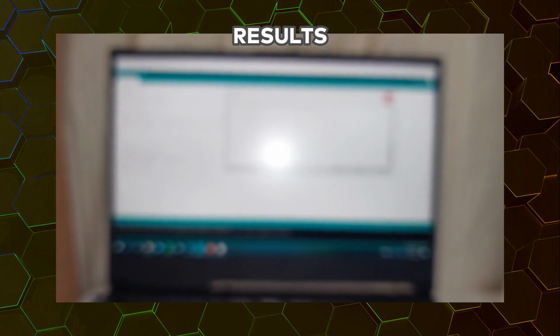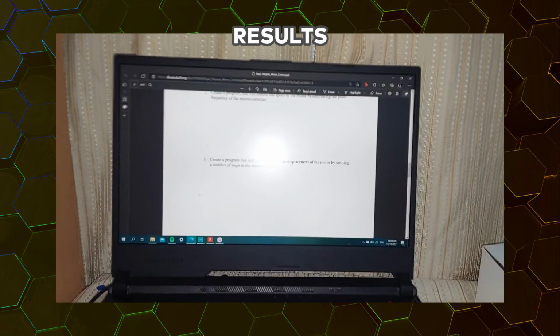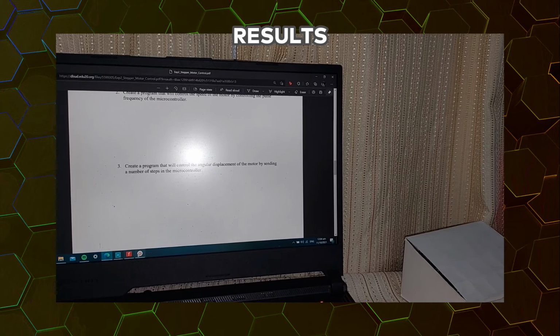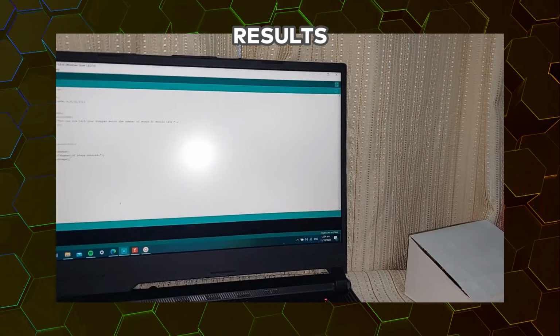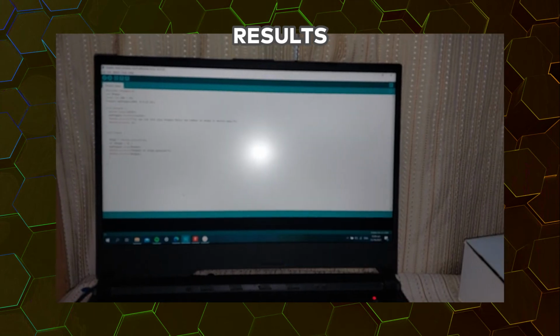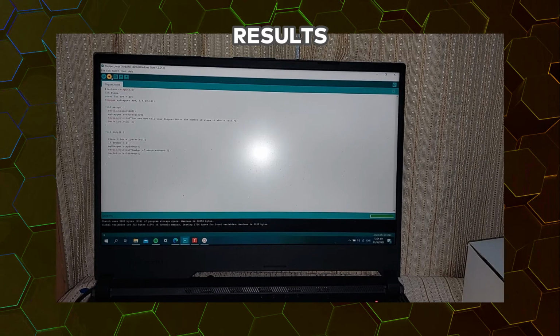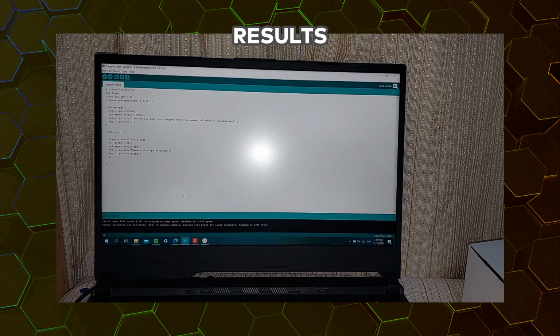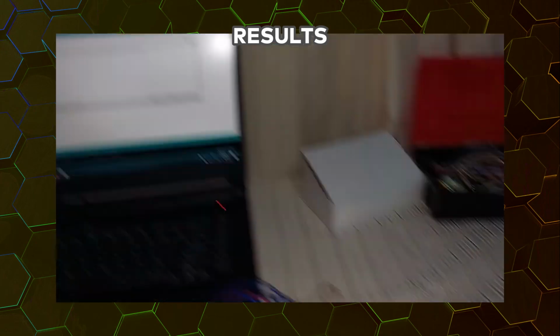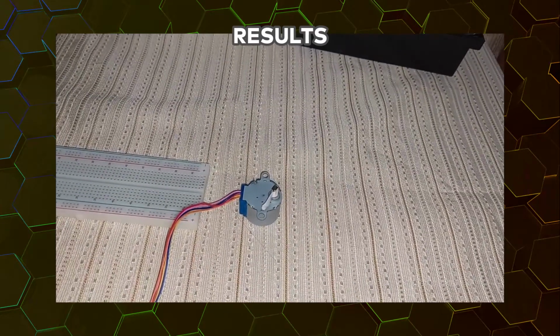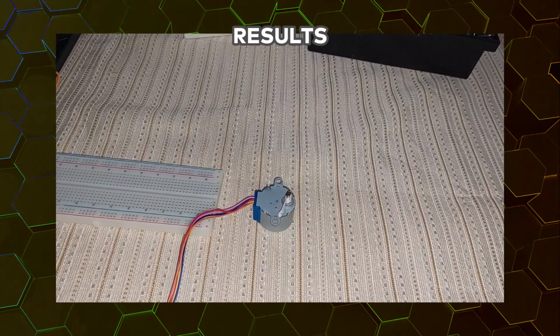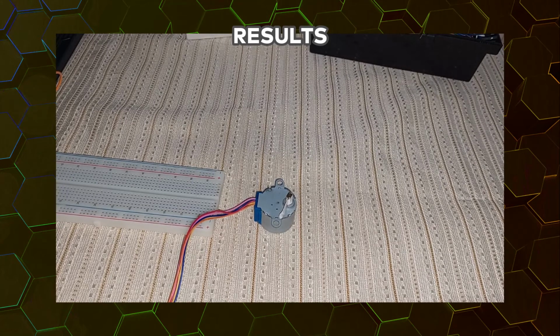After that, let us move on to part 3 of our experiment, which is controlling the angular displacement of our step motor. So let us go to the Arduino Sketch and upload. So it is now done uploading. I'll go to the serial monitor here. First, I will input 50. Next, I will input 100. Next, I will input 200. Next, I will input 300,